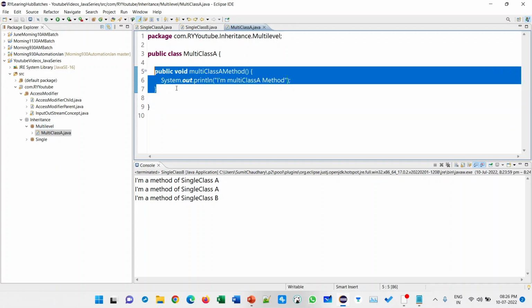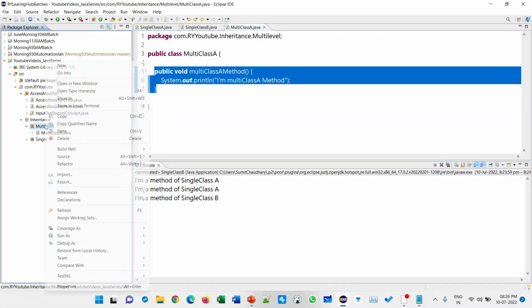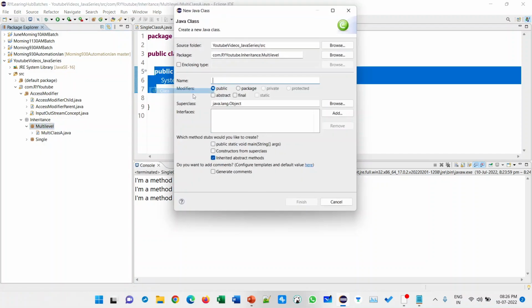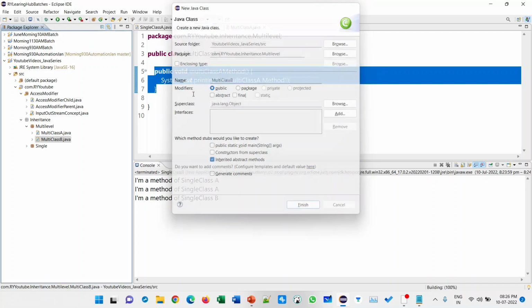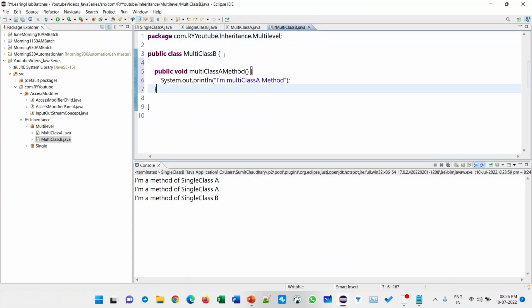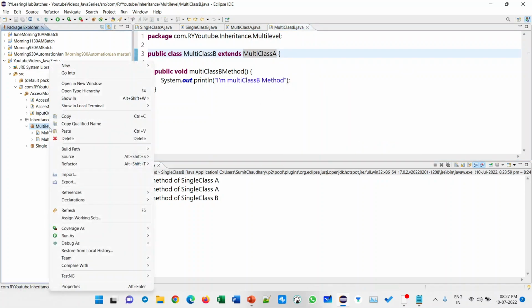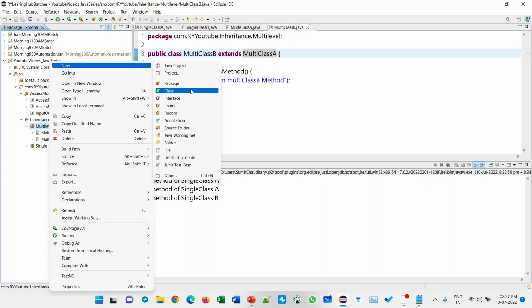For time saving I'm going to create this multi class B. Class B extends multi class A. Now right click and create another class.